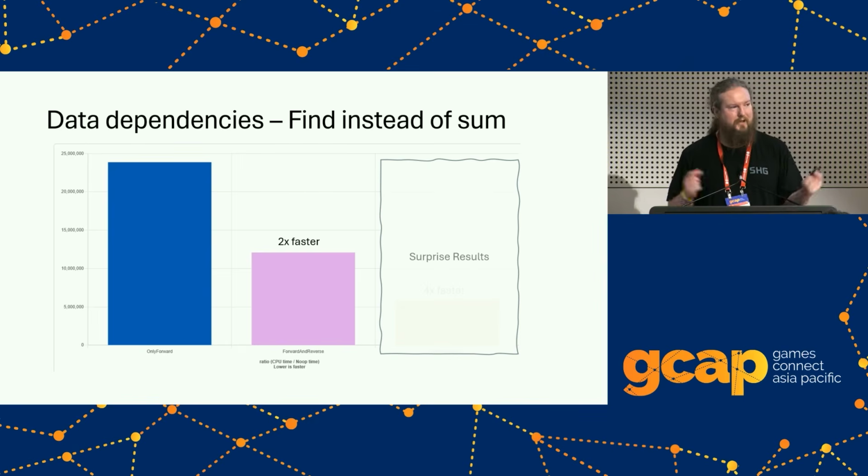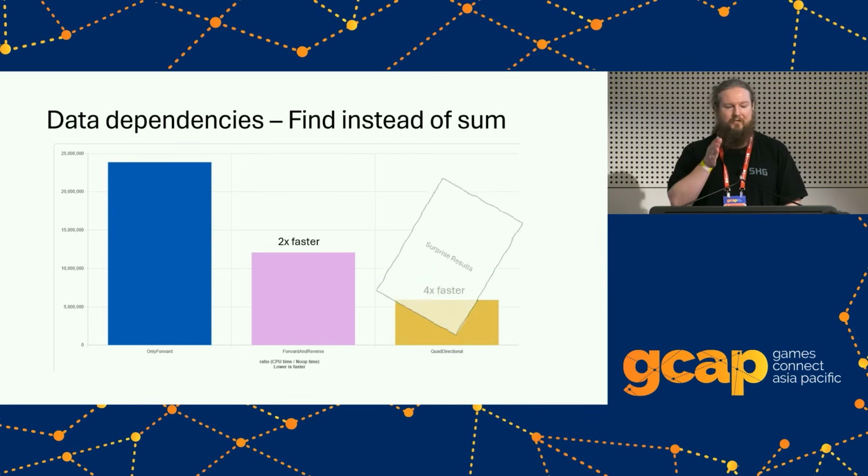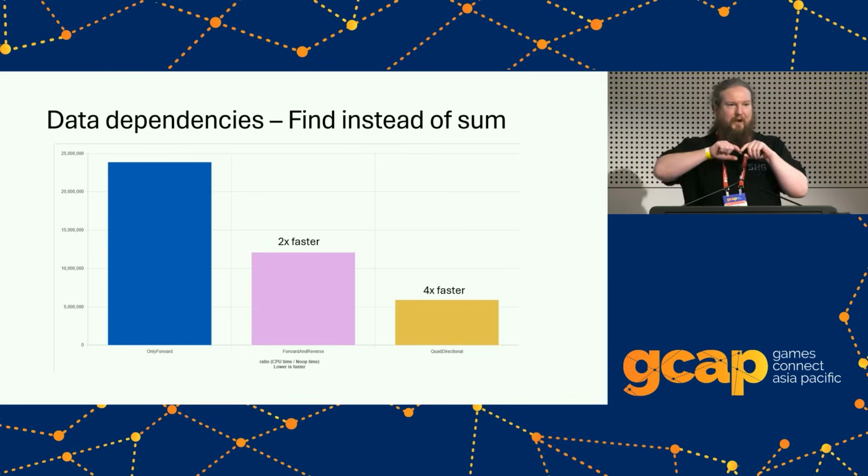You might be thinking, oh yeah, that's from the start and the end. What about if we try from the middle also? So I threw in something where I tracked the middle of the linked list and I went outwards at the same time. So I'm going inwards from both sides and then I'm going outwards from the middle. So I'm doing 4 times this, and I end up 4 times faster because the CPU's got enough room there that it's processing through those.